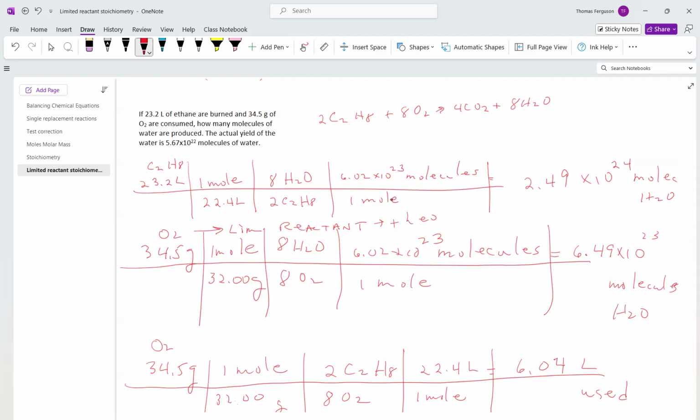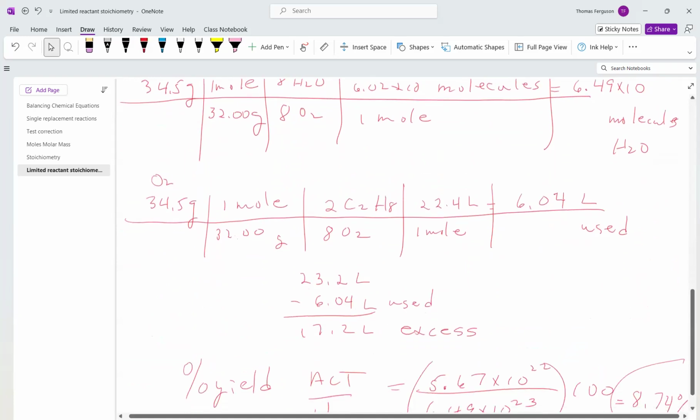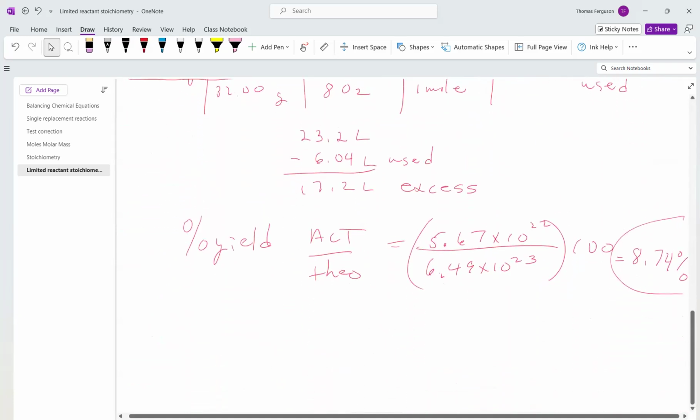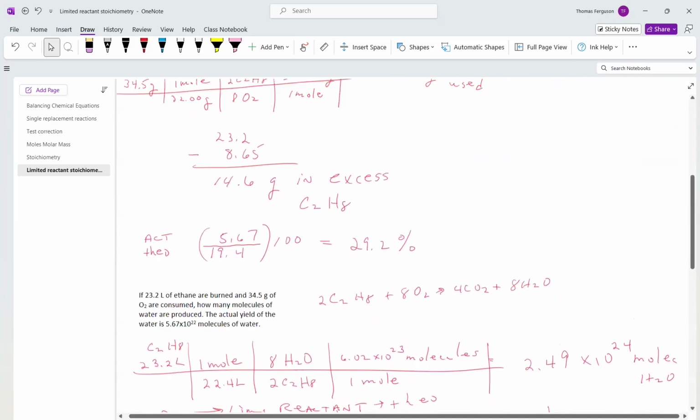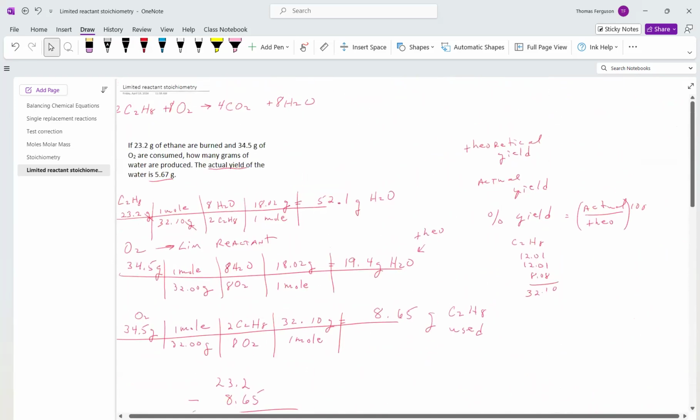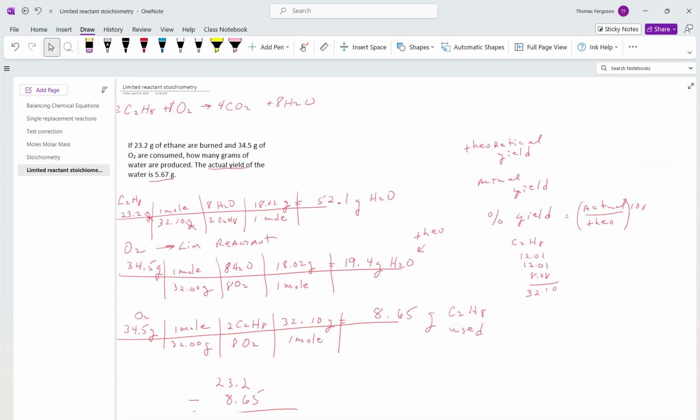Okay, so that's basically it for Unit 4. I've given you lots of practice. And you've got to do a number of these before you see the pattern, particularly simple stoichiometry with not a limiting reactant involved. Okay, so what I'm going to do is